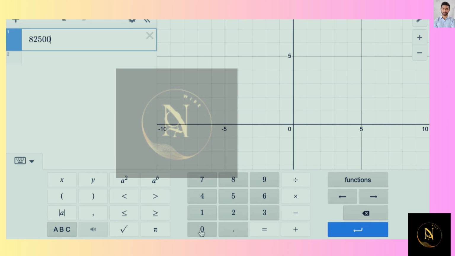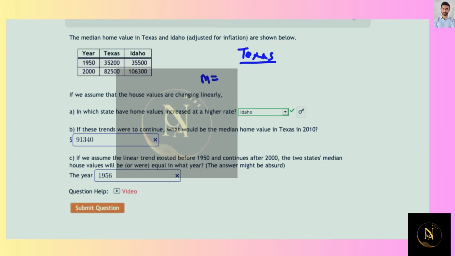82.5 minus 35.2. That's the difference of the y values over the difference of the x values, which is going to be 2000 minus 1950, or 50 years. And we get 946. The slope would be 946 for Texas, and for Idaho, the slope would be the difference